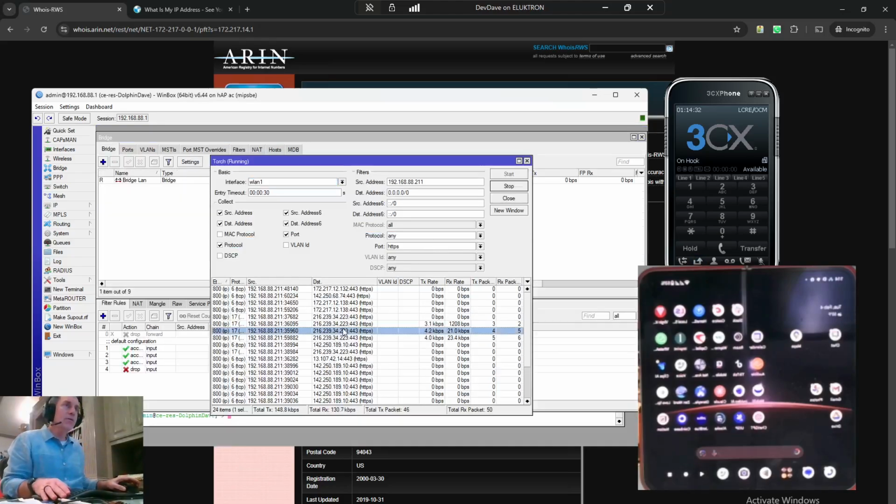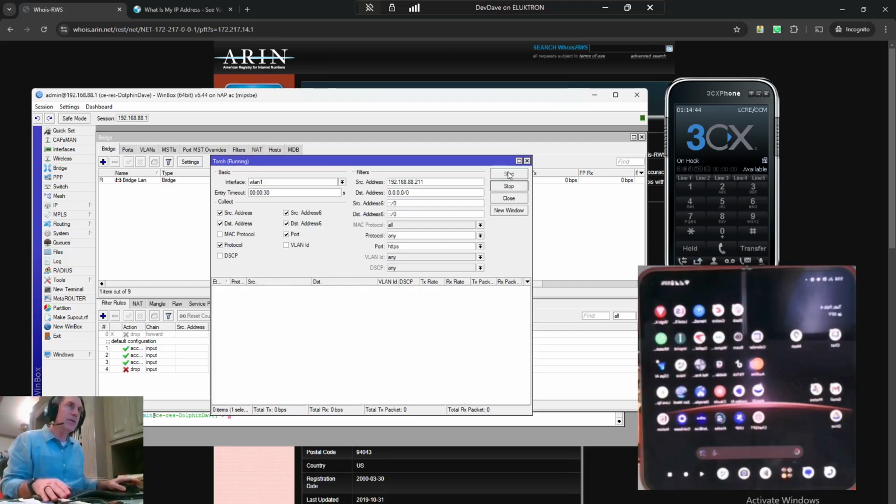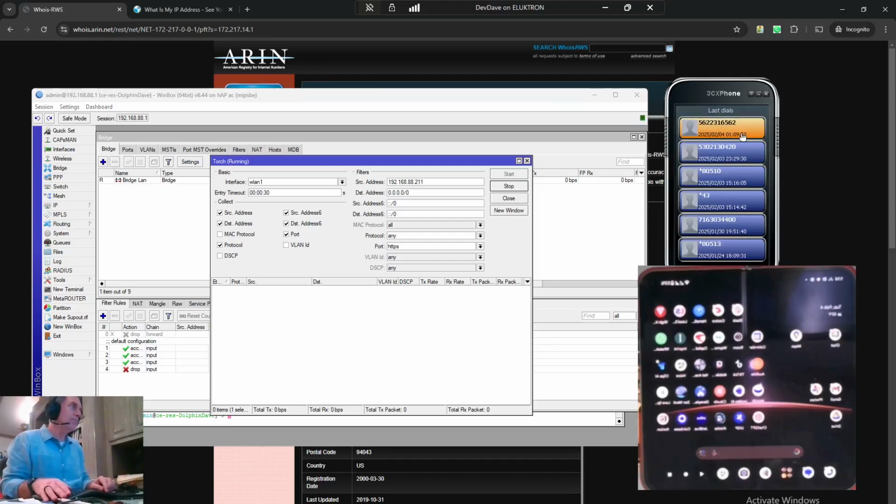Now you notice there's already a bunch of traffic. I'm filtering for HTTPS because I know that it's that already. Now this traffic will drop off in 30 seconds. I'm just going to accelerate it by starting and stopping. But I'm going to, if I call my number,